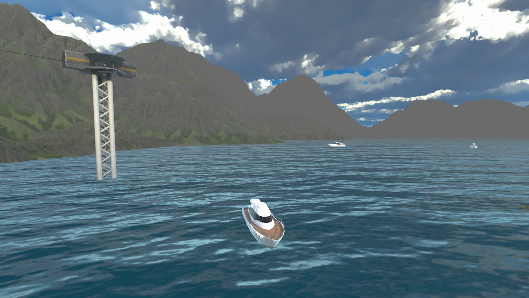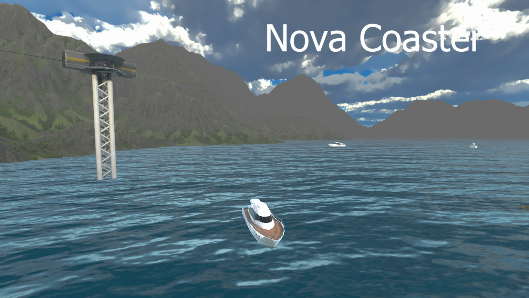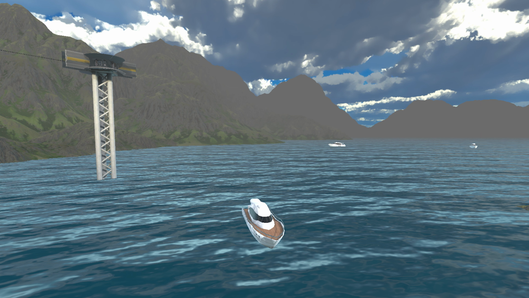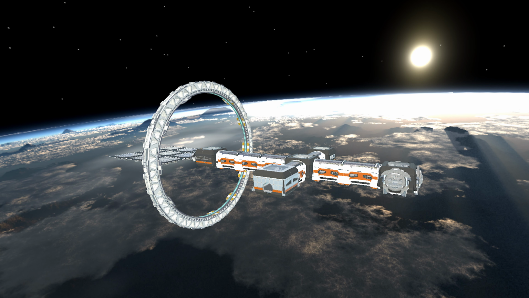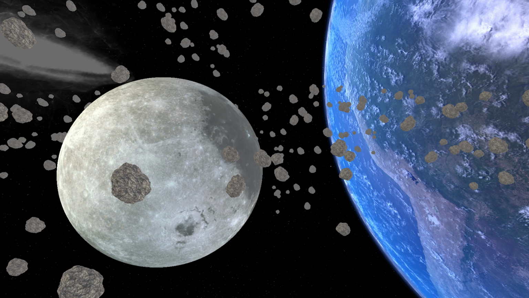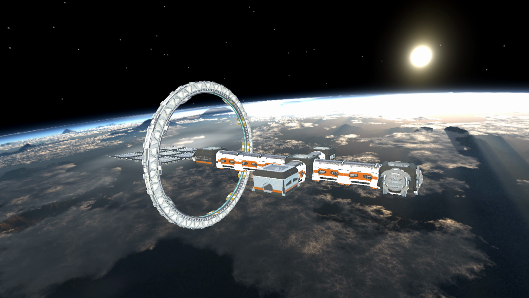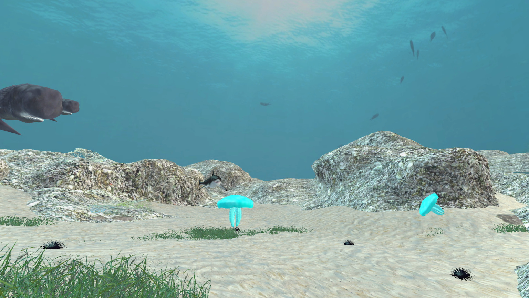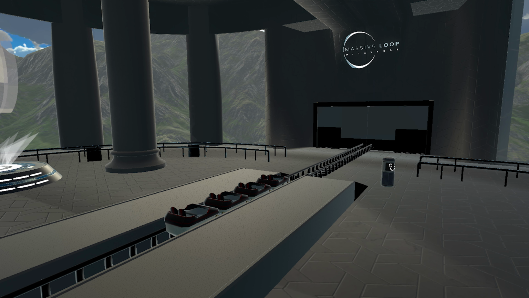So, the name of the project is Nova Coaster. The coaster starts off on Earth near an island, then transitions into Earth's atmosphere, then into space, deep space, and then back to Earth's atmosphere. From there, it descends into the ocean and then returns to the starting point, which is the station on the